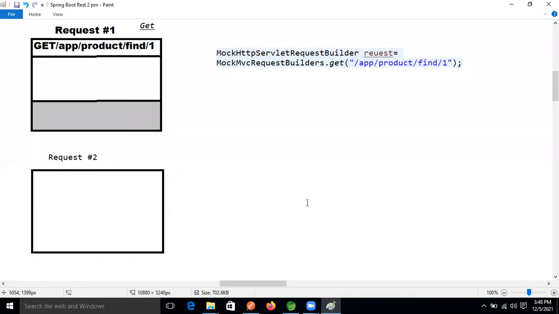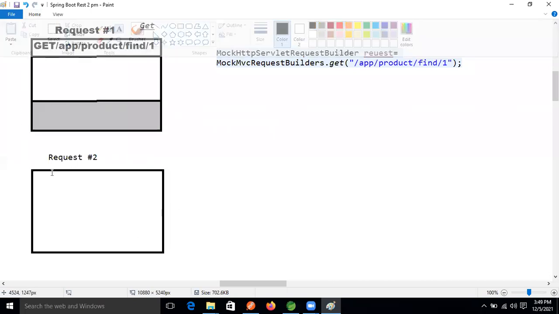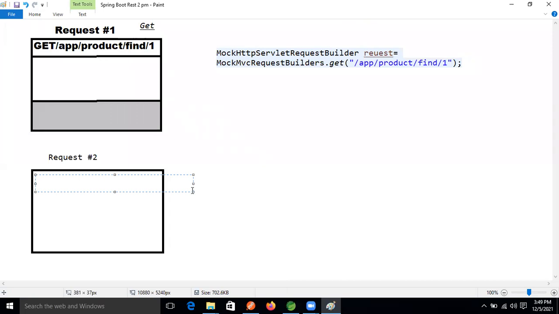Let's understand how this one works. This is the post, so this is the post kind, and then slash app product slash save. This is the URL only.